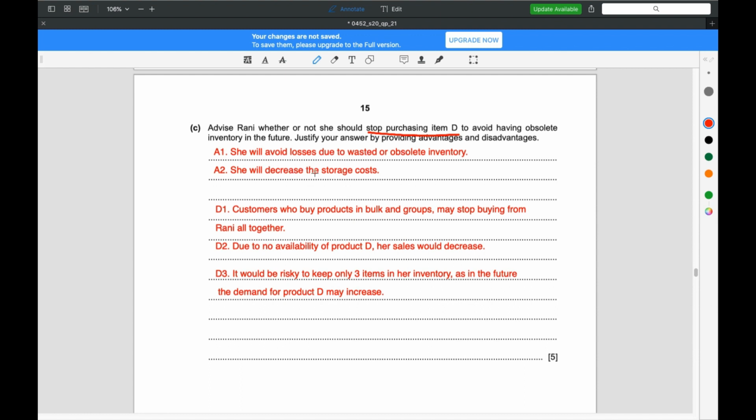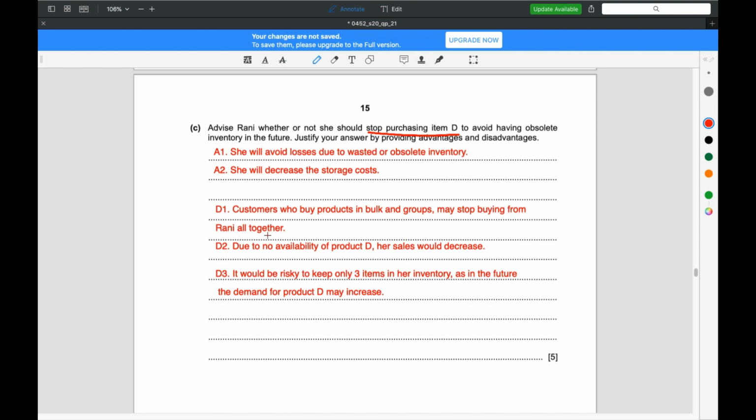storage costs. If you're keeping the inventory in some warehouse or anywhere, that is going to cost you, right? So if she stops buying it, these are the advantages of stopping buying item D. He asked that, all right? So if she stops buying item D, she will not have to pay storage costs for it, right? So that's another advantage. And a disadvantage would be that customers who buy products in bulk and groups may stop